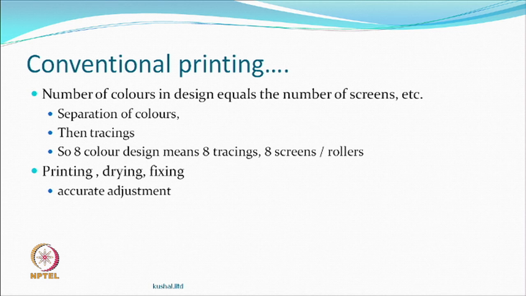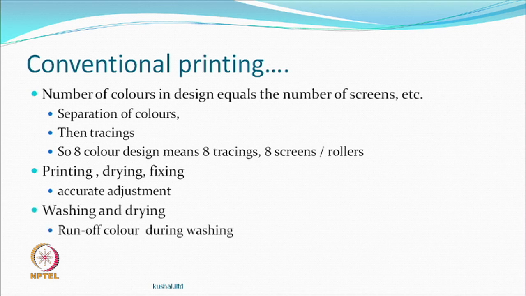If the adjustments are a little wrong here and there, you will get a fault, and that becomes an important part. So, what it means is, tomorrow somebody says that I want a new design, kindly print it, or show me a few designs which I may like to buy and use. So, you have to go through all this process before you can show anything called a design. You can't show it on just some imagination, or like you just draw. You have to show it after printing to someone who says, well, this is it, you like it or you do not like it, and based on the fiber or fabric chemistry, you may get different shades, and that therefore has to be shown. It is a long process. Even getting approvals takes a long process.